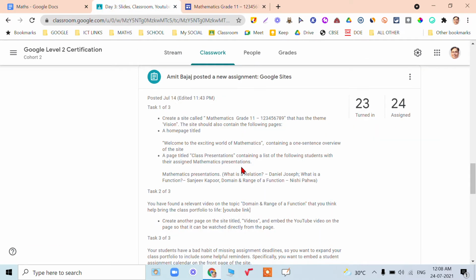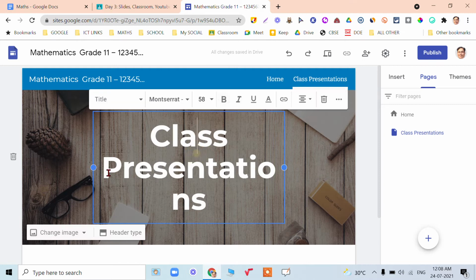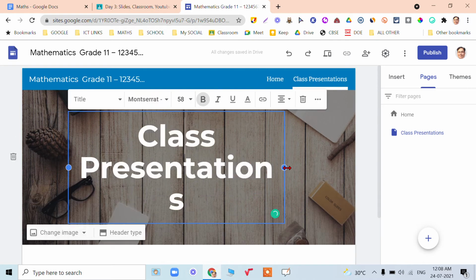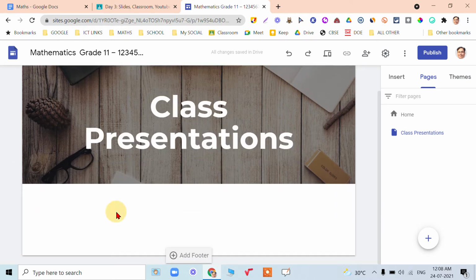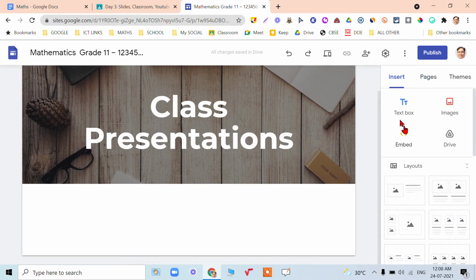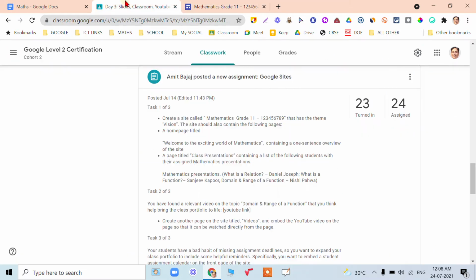Now it should contain the list of following students with their assigned mathematics presentation. So how can I do that? Just go to insert, say a text box is inserted, and then assigned mathematics presentation.